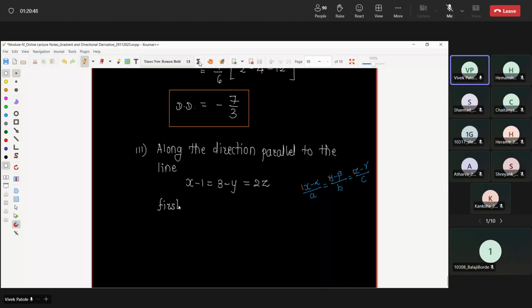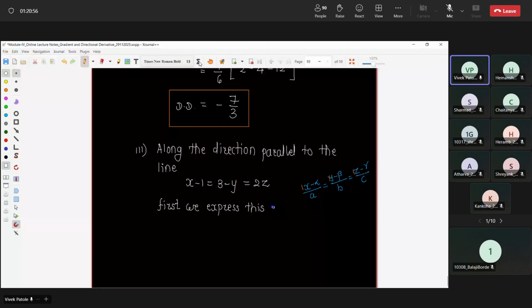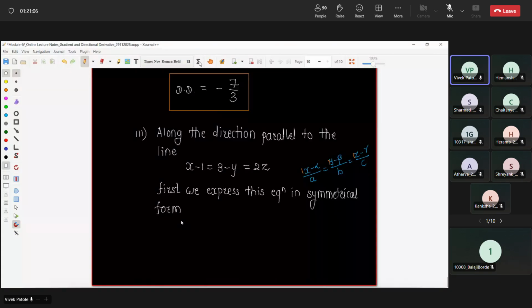First we express this equation in symmetrical form. Okay, for that what I need to do,